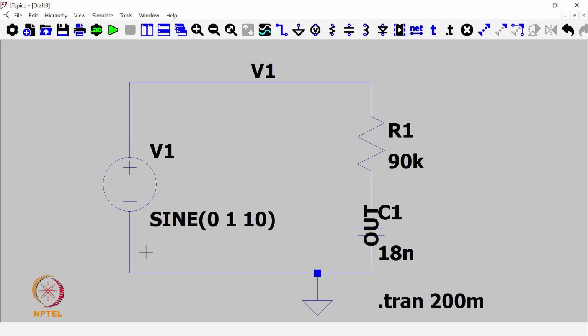So now the circuit is complete. We have a sinusoidal voltage source, whose magnitude is between 0 and 1 and the frequency is 10 hertz, and we want to simulate this circuit for 200 milliseconds. So let's simulate it,